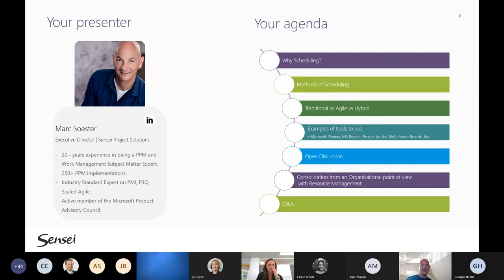Some topics are more interesting than others, I'm sure, but we are living in a wonderful world of traditional and agile, and therefore we thought it is a good idea to outline what scheduling actually looks like in the 21st century. Just very quickly, I'm going through the agenda. We'll talk about the different methods of scheduling and therefore very much touch the traditional versus agile and hybrid scheduling